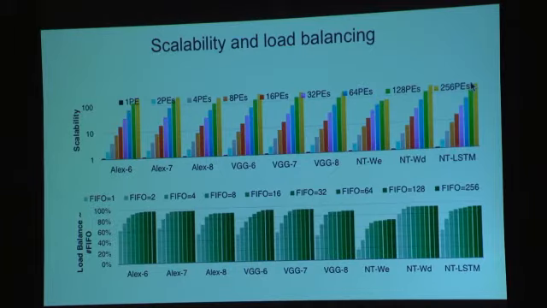Even for the big layers here, a lot of the VGG layers, they're 4K by layers. But with 256 neurons, you have 16 activations per PE. But remember, our density here is about 10%. So you actually have 1.6 non-zeros per processing element, and you're still getting very good speed up, which just shows